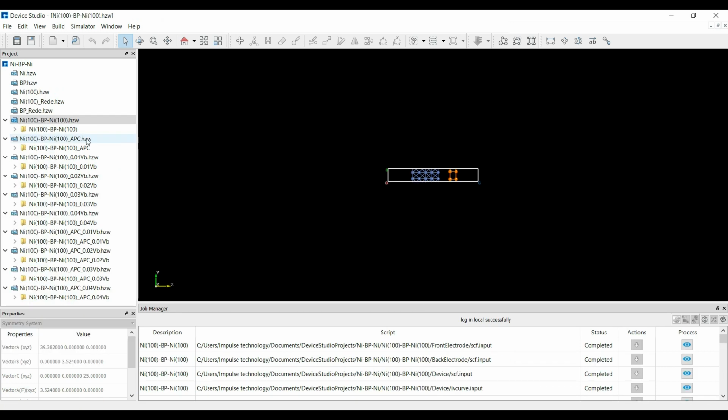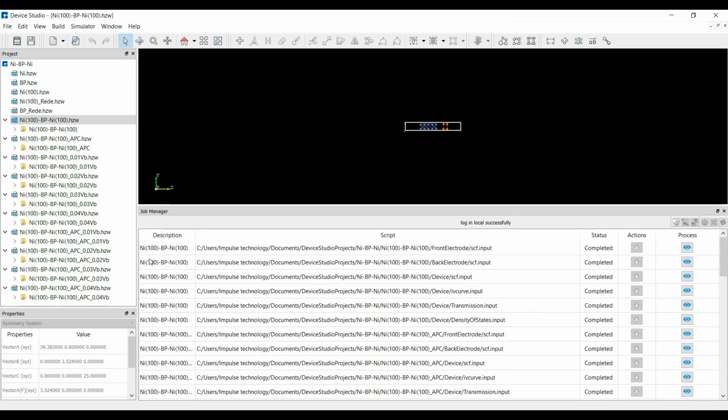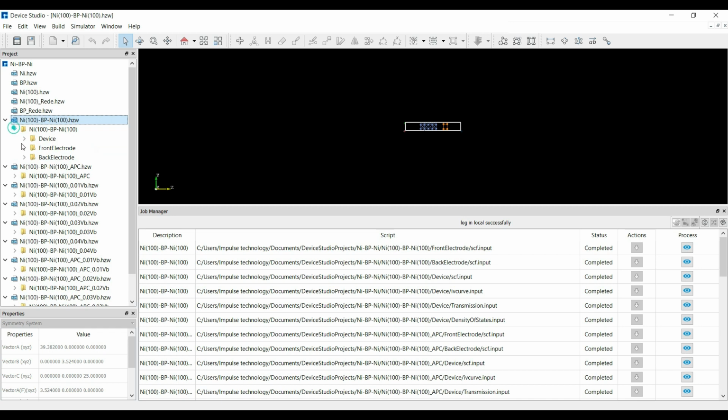calculation finished. So in the project window you can see I have created a different project for the different biasing voltage for the parallel spin and for the anti-parallel spin. And in the job manager you can see all the input parameter has been finished and their output has been generated. So here you can see this is the current voltage curve.xml file, and this file will open in the